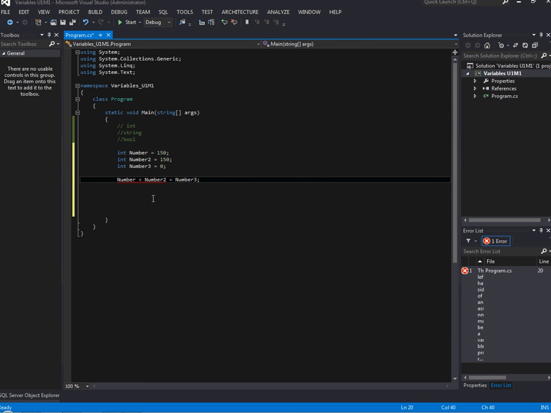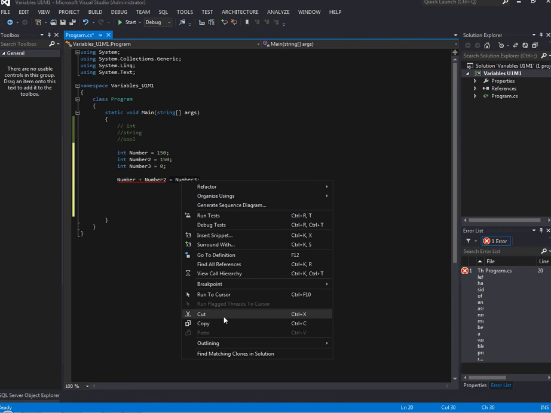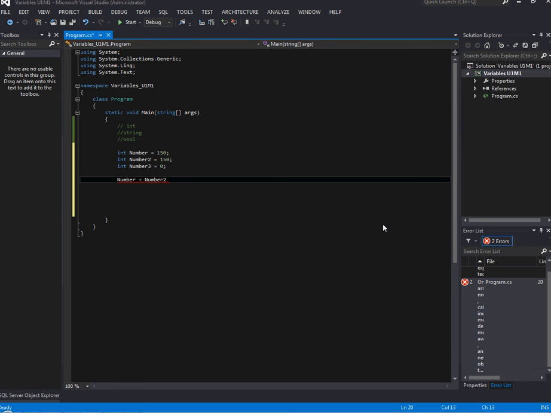It's always based on the left-hand side. Okay, left-hand side to right-hand side. So if I was to put number 1 and number 2 would equal number 3, that would be illegal. You need to declare what the result is first. So integers are pretty cool because they can add stuff up, take stuff away, time stuff. You know, you can't do this with strings. Even if strings have got numbers in them, integers can be used to make complex equations,